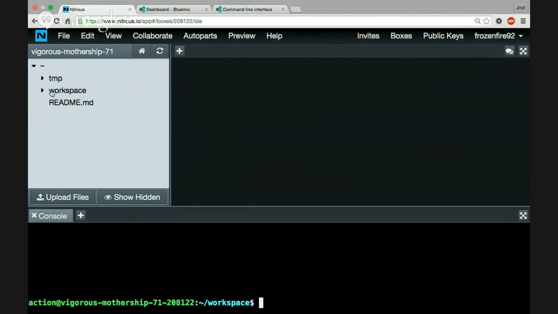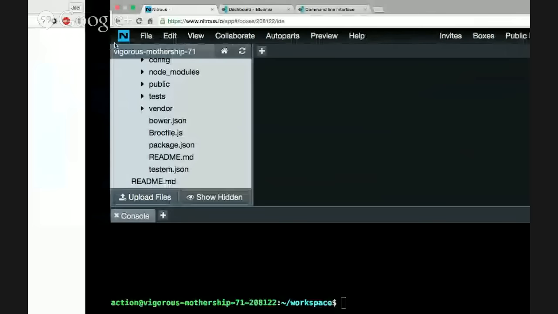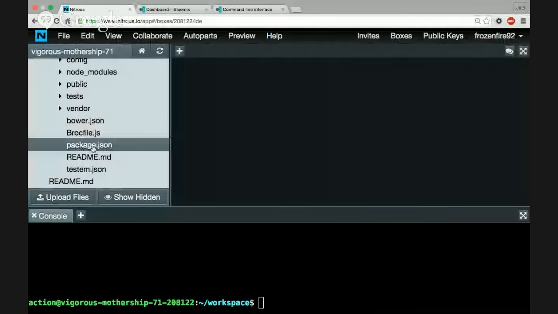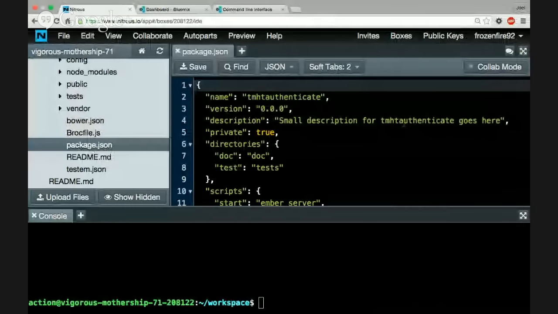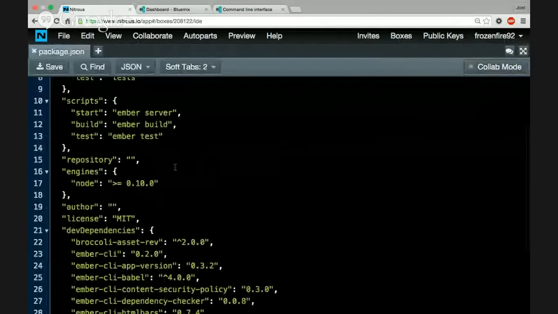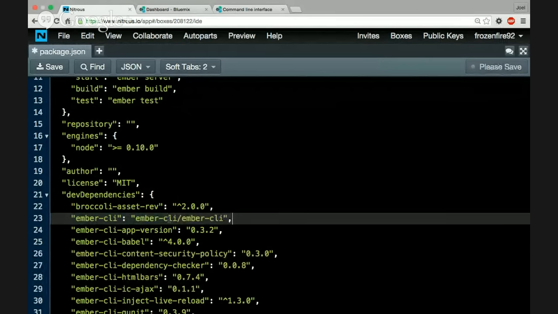So the Ember command has completed. You can see we have this new folder here and a complete Ember application. The one fix we have to do is within package.json. I'll just copy that over and full screen it here. As we can see, under dev dependencies, we'll see Ember CLI. We're going to change that to run